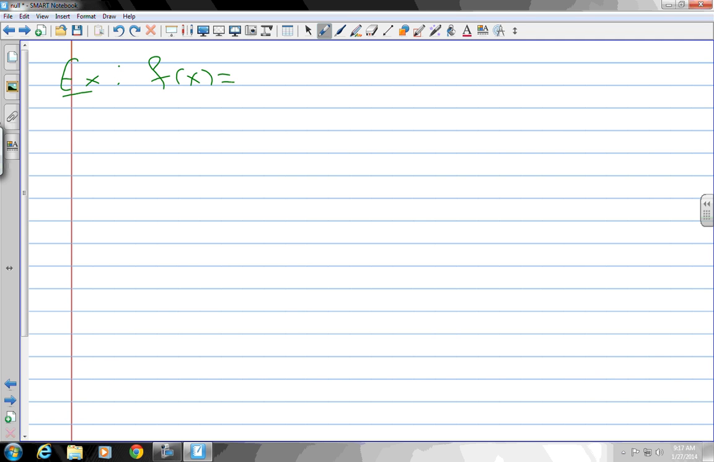f of x equals -2 absolute value of x plus 1, plus 1. Here's the function. Can you sketch a graph of this function, first of all, based on what we discussed last week? So how would we go about that? So yeah, so it's the v. Where's the v going to go? So up 1, to the left,